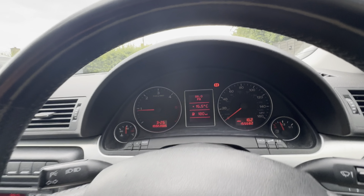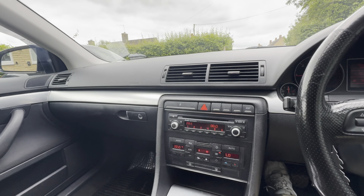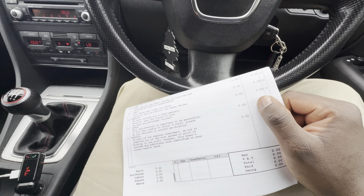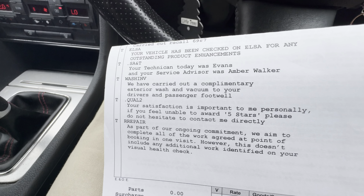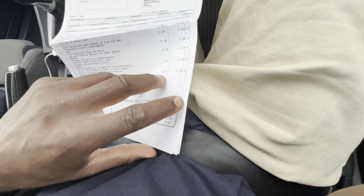So yeah, the airbag light is off finally, because if you notice on the previous videos it was always on the dash. So that's out of the way, and then they gave me an invoice here, not an invoice but like it's just to detail whatever work they've done, as you can see here. And then, because they've done the health check, they also gave me a bit of kind of like the stuff that needs to be done on this car,